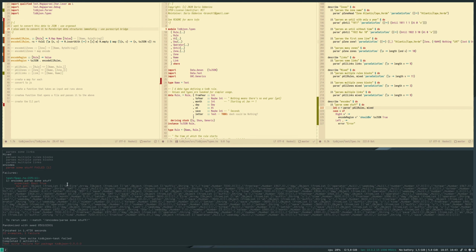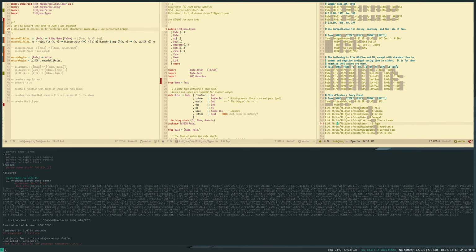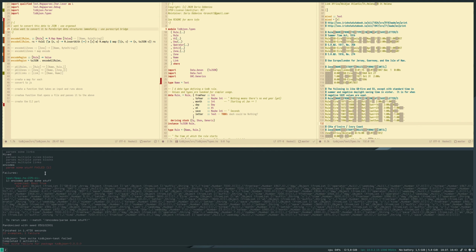I got an object from list to be array list. Let's see, it's this one. Could get like 4 of these, and then we should get another one.